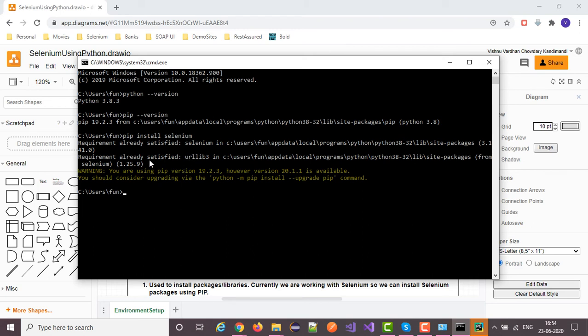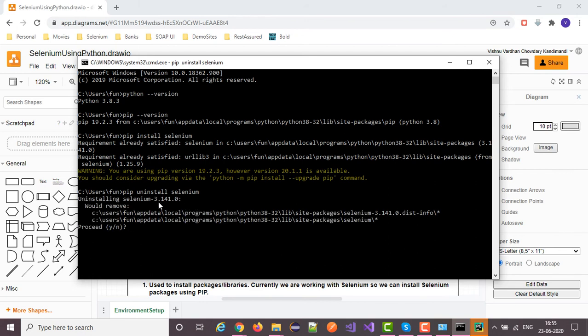If you observe here, requirement Selenium already satisfied. 3.141.0 is already installed. So let me uninstall this version and install it again. Pip uninstall selenium.